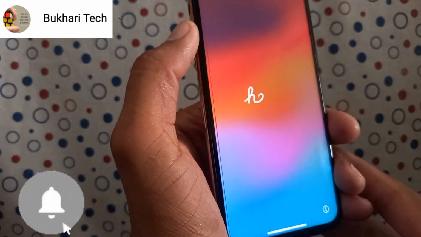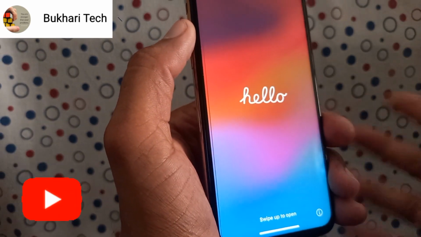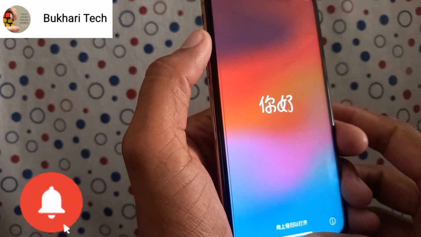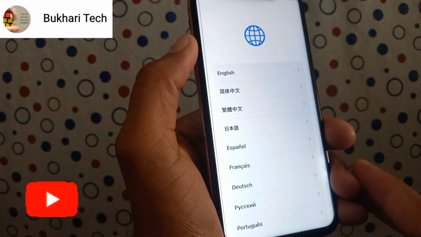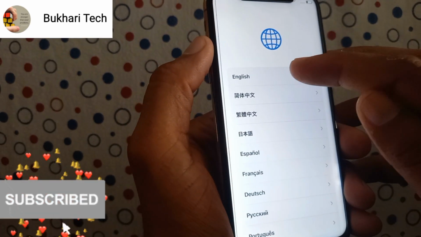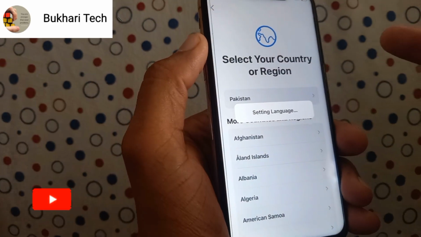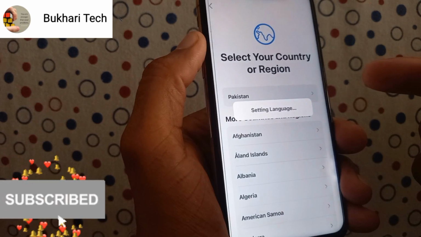So friends, you can see here our iPhone is restored and turned on again. So swipe up and select language and select your country.